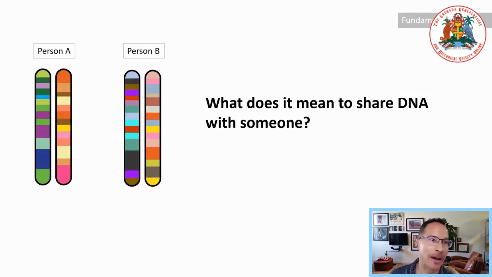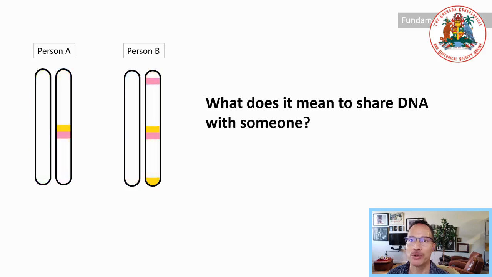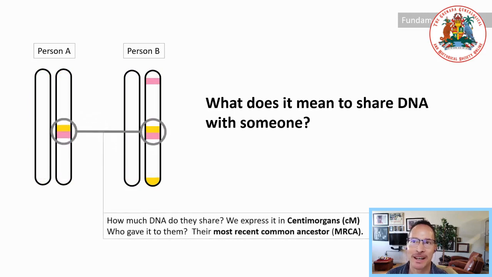So let's talk a little bit about exactly what it means to share some DNA with someone else. So here are 2 random people who take a DNA test. Ancestry and 23andMe and MyHeritage will do this conceptually. They'll say these 2 people have the exact same sequences of genes in the same locations. They have to be related. And how much of this circled DNA they share is measured in a term called centimorgans, abbreviated cMs. All you need to know is that it is a measure of kind of volume, or how much you share with someone.